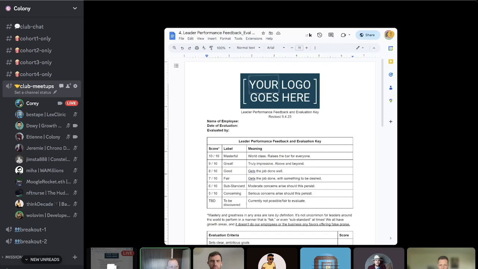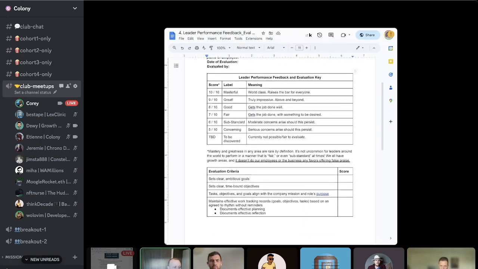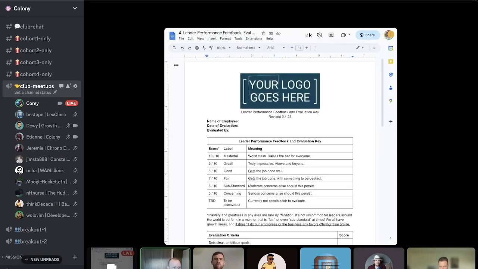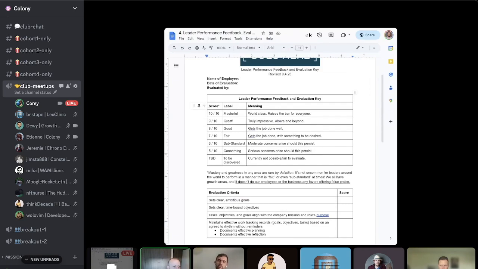Giving quantitative feedback with a shared language, specifically outside of the context of punishment or reward, but just in the context of feedback, and here's what I mean, is extremely powerful to align members within an organization. So here is, again, these are all templates, these are all editable. This is an example of how you might consider